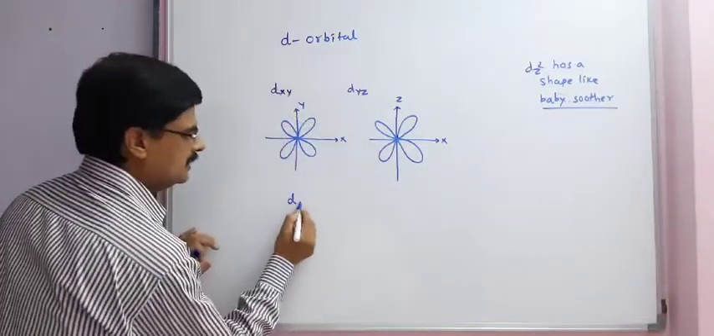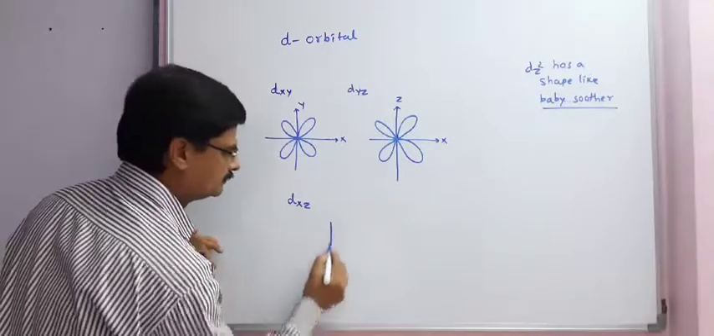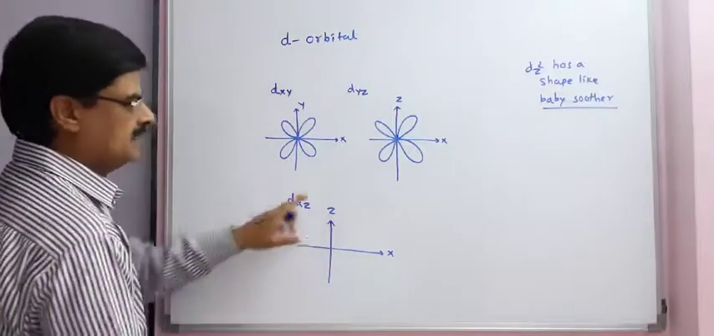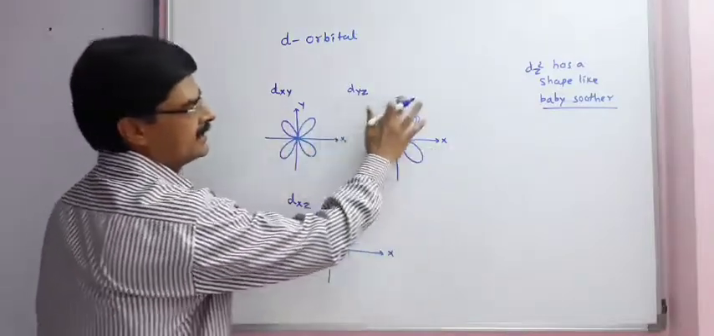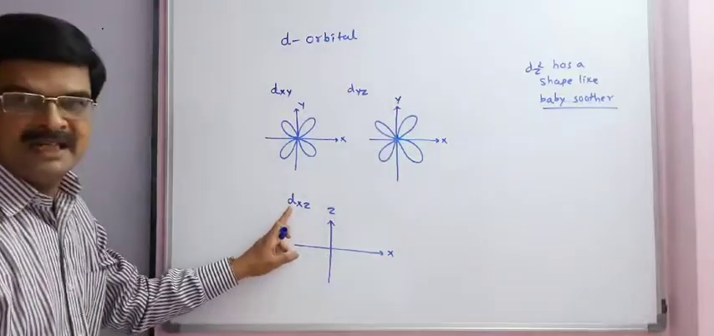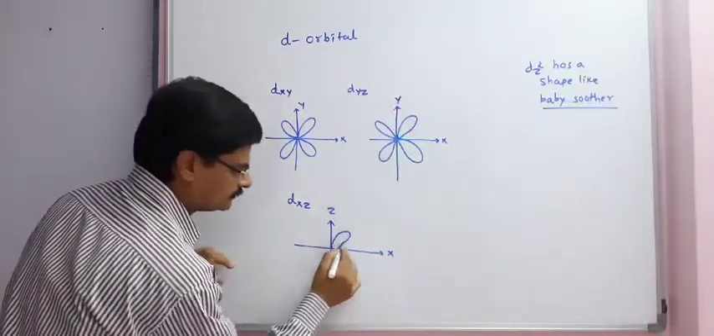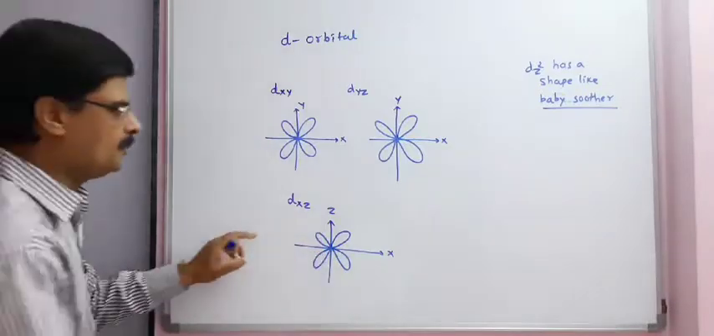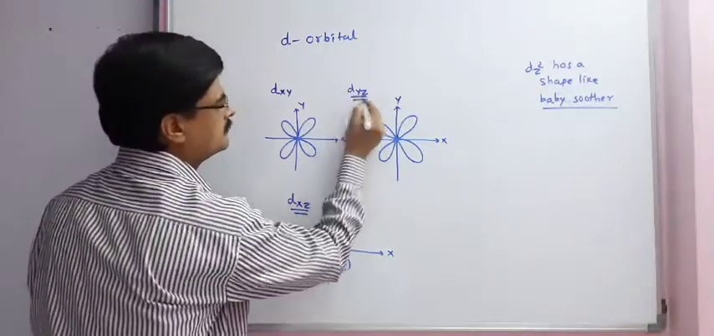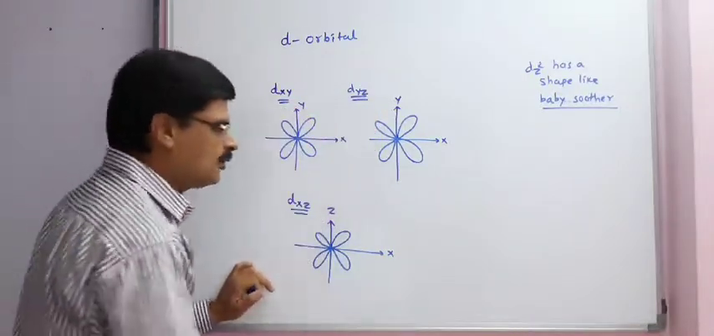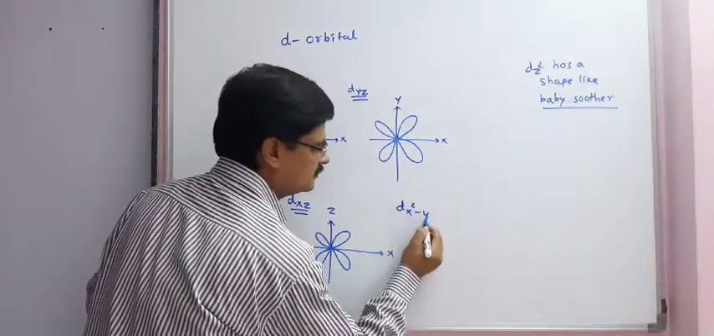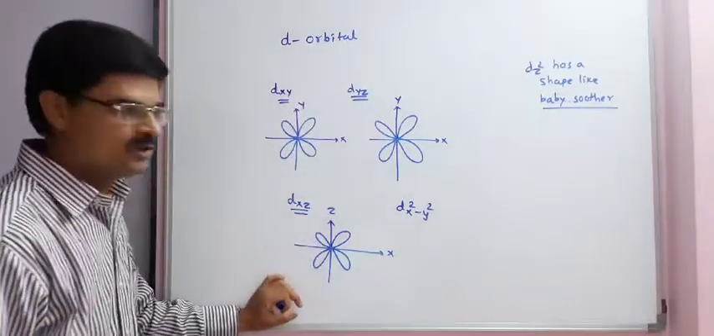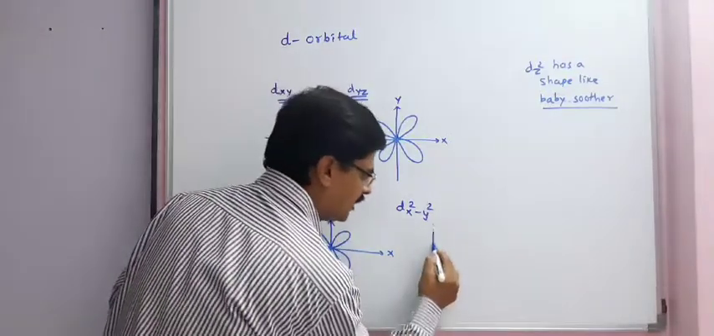Same way, the dxz orbital, taking x and z. Here we took dyz, that is why y comes here. And now for dxz, this will be the shape of dxz. Now dx square minus y square. The shape of dx square minus y square